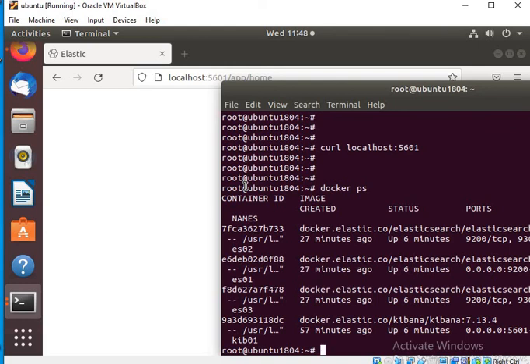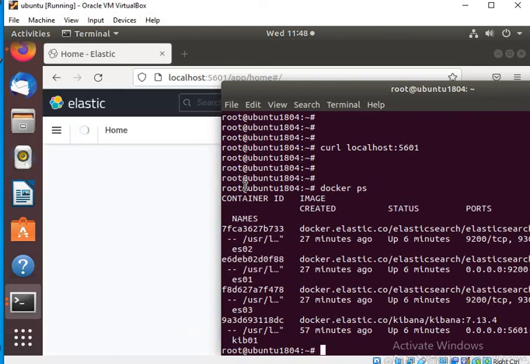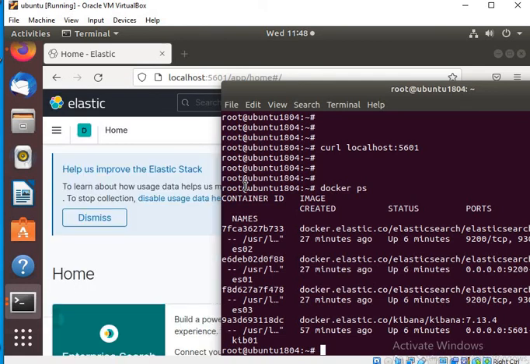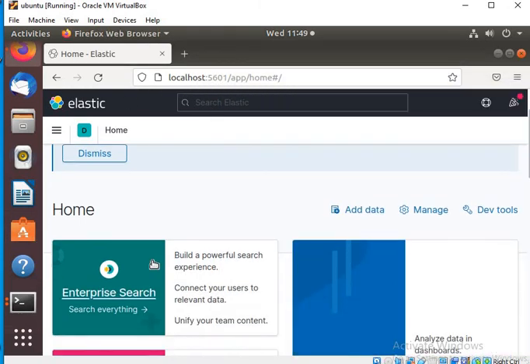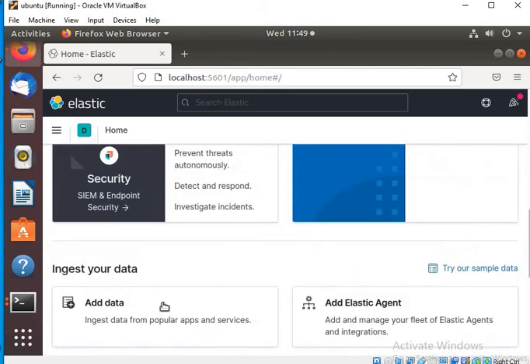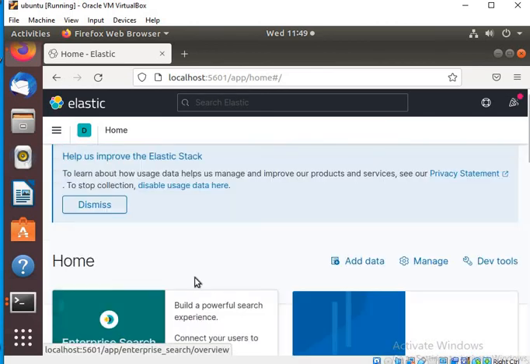So we'll see you in the next class, wherein we will be discussing more about technologies. We will also be doing this deployment in the cloud infrastructure. So right now, the deployment of the Elastic Cluster has been done in a single VM, which is an on-premises solution. So you can see in the background 5601 the Kibana is up and running. Okay, so this is the Kibana which has come up here. Now you need to add the data and start working on your Kibana.